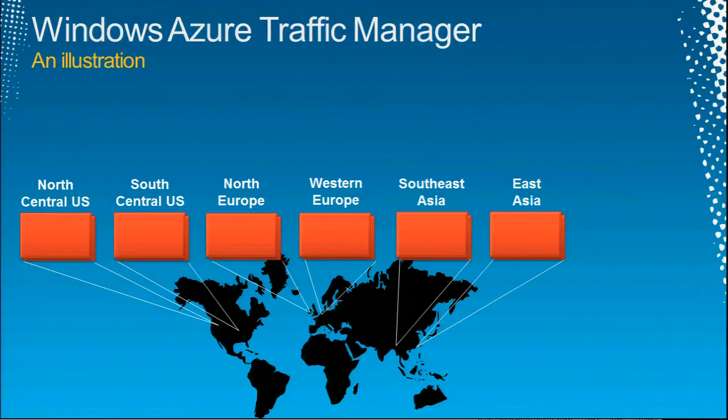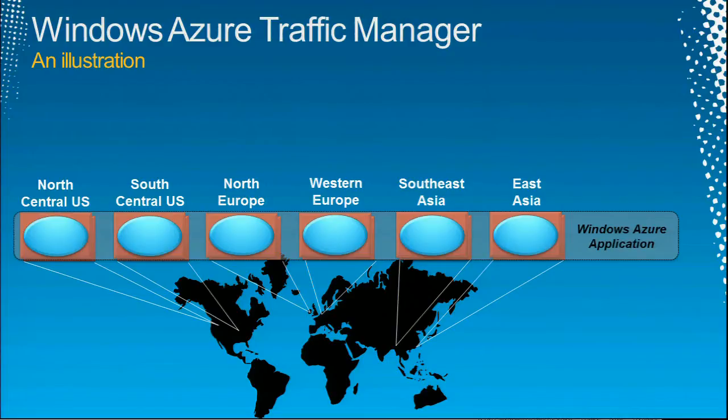Suppose you build a Windows Azure app, and you deploy that app with instances in all 6 data centers. That's hardcore. You might do that because you've got global users. You want to give them all good response time. Okay? You don't have to do this to do that, but you might do it for that reason. This is an extreme example, but makes the point. I've got all these users around the world. I need some way to very clearly and intelligently control which instance they go to. In general, I probably don't want users in Singapore going to a European data center.